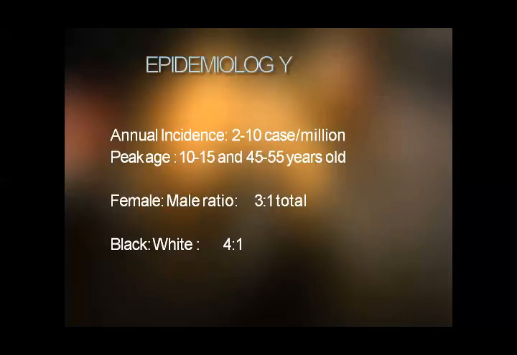So polymyositis is one of the rare diseases, 2 to 10 cases per million, and usually the age of onset is 45 to 50, in the 4th to 5th decade, but it can be seen in young adults, even in children who have an underlying paraneoplastic disorder. Females are more commonly affected than males, as we know rheumatoid arthritis, scleroderma, and SLE. These connective tissue disorders are all more common in females as compared to males. And blacks are more commonly affected as compared to whites.